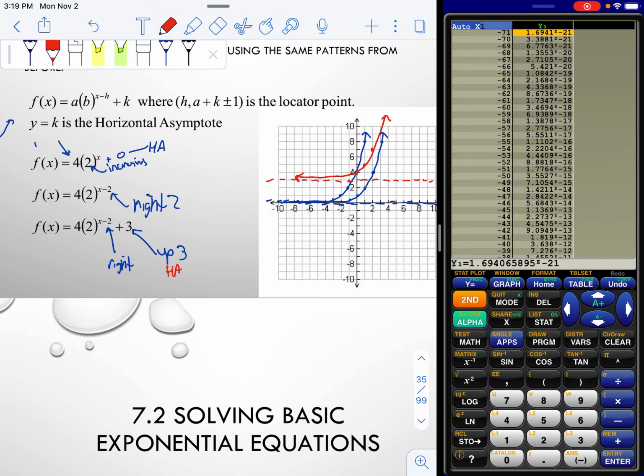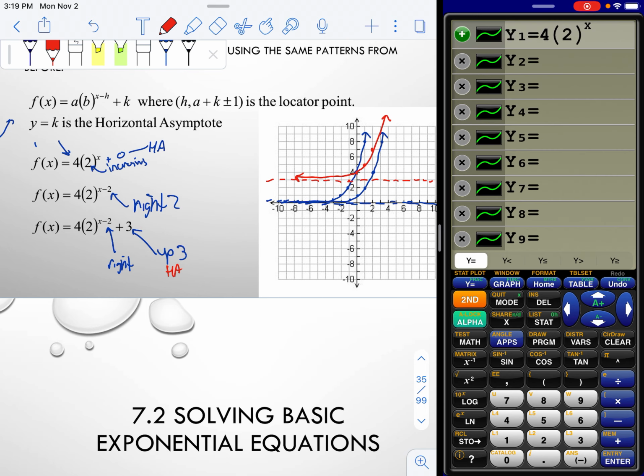Once again, we could type all these equations in there to confirm everything, but the locator point is not as easy and convenient as all the other families of functions that we've looked at. So highly recommend knowing how to use your calculator or just making your own XY table and plotting the points accordingly. Any questions with this, we can analyze further in class in person and see what a negative A value does. If it's -4,